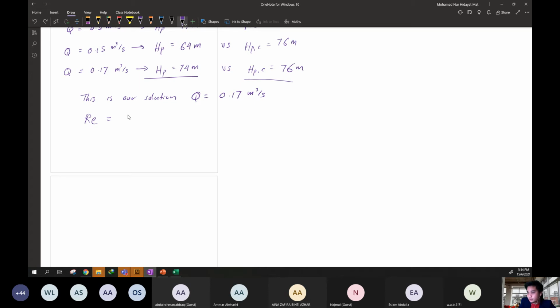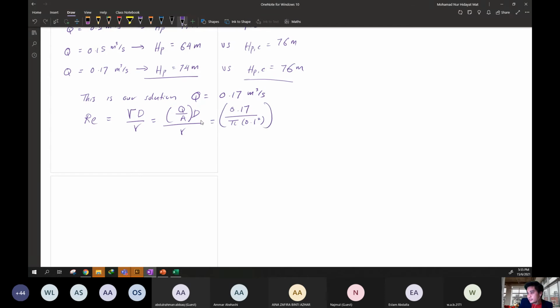Reynolds number is VD over nu. So velocity, I believe you know, Q equals AV, Q over area, times diameter over nu. Q is 0.17, area is pi times 0.1 squared,